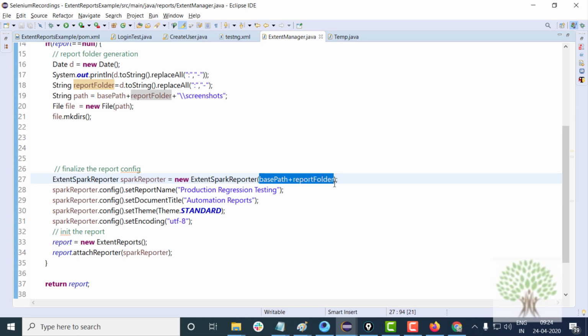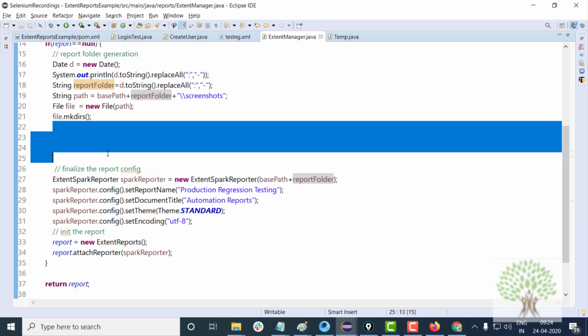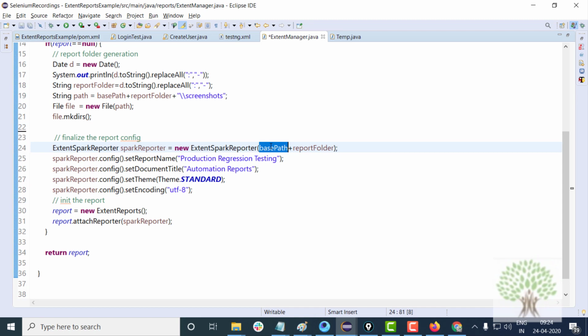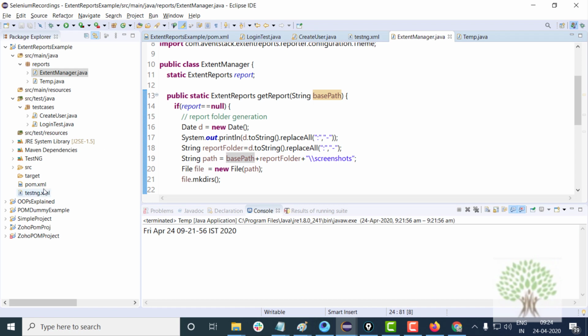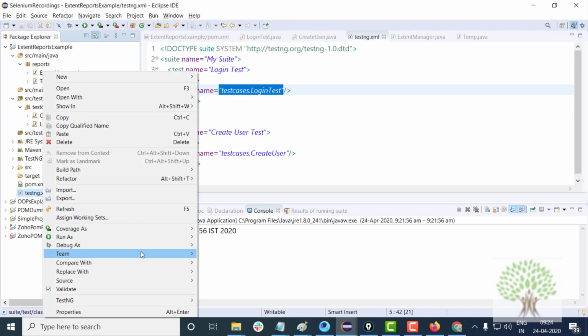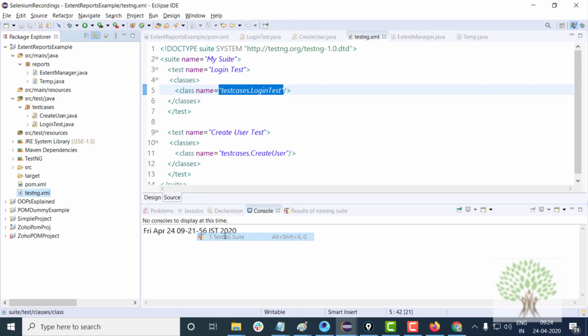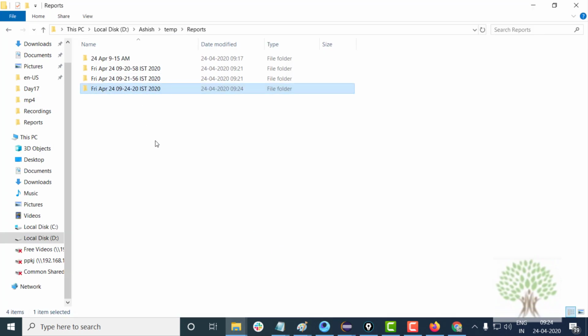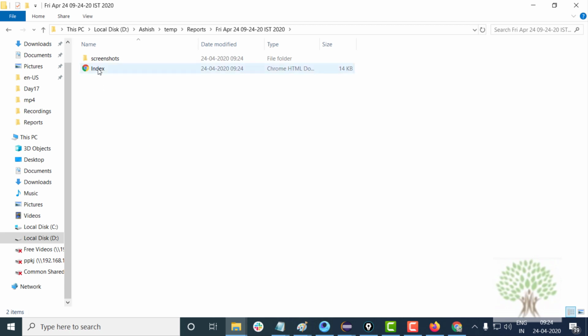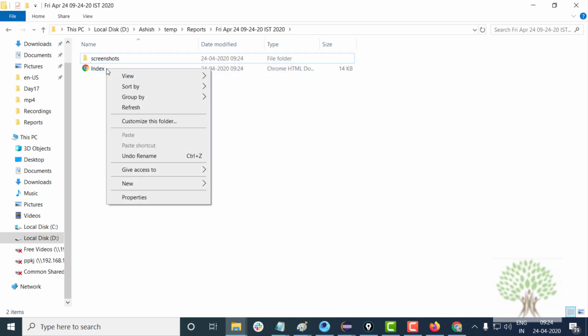So the reports will be generated under this particular base directory. Alright, so now when you run this, if I run my testng.xml, you will see that a new report folder is generated. Under that you have index.html and the screenshots folder.